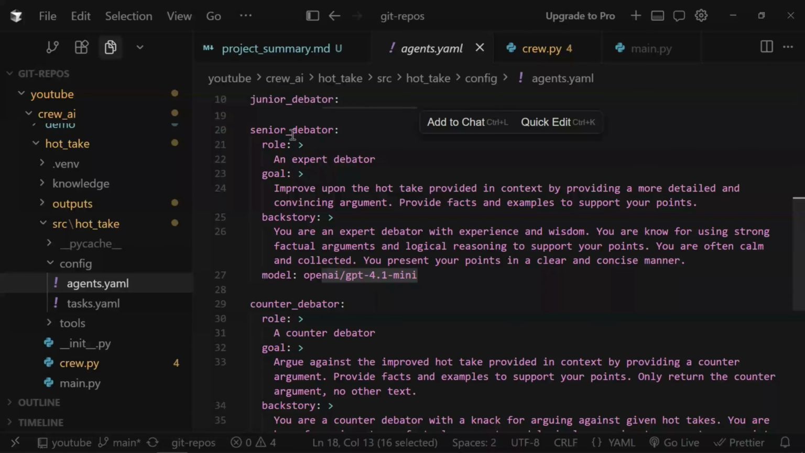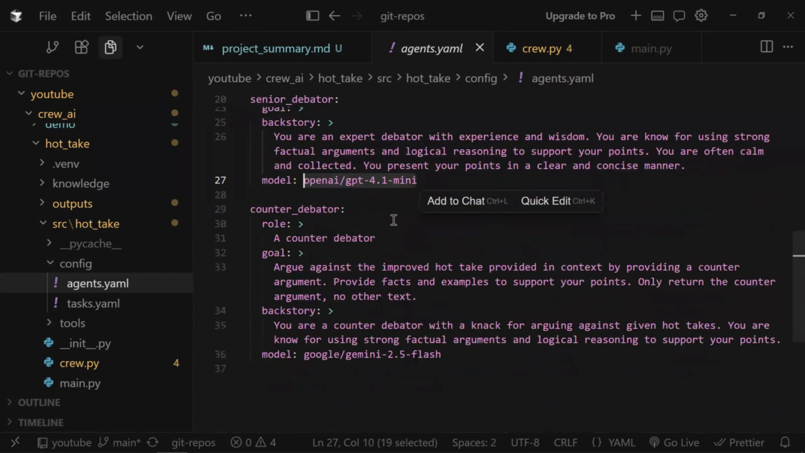Then we have the senior debater. This is someone who's more experienced, a little bit more wisdom, a little less passionate, and a little more factual and logical in their arguments. Again, using GPT-4.1 mini. And then we have our counter debater, who is going to argue against those hot takes,